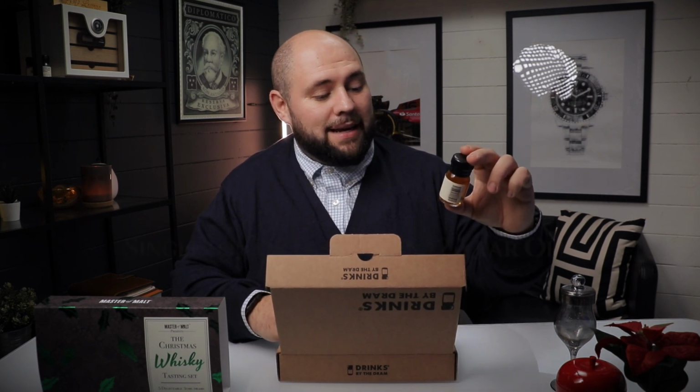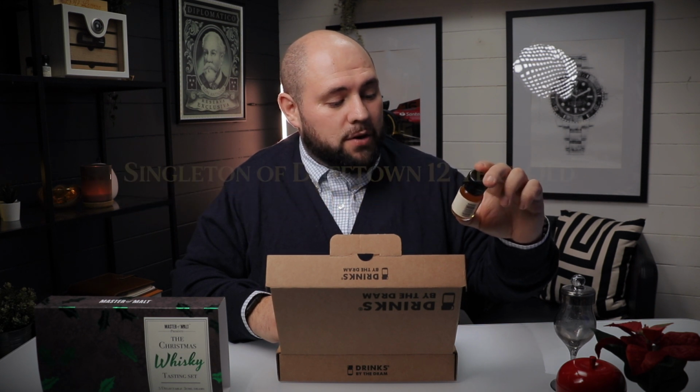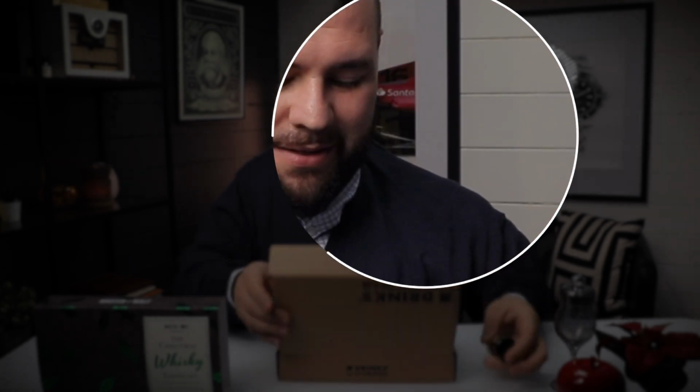And today, the little drum is the Singleton Single Malt Scotch Whiskey Dufftown 12-year-old, 40% volume. This little guy over here. Let's put this box to a side. It's been very great, very nice, filled with surprises. As I said, the Singleton Single Malt Scotch Whiskey. This is of an amber color, but let's have a look at the research I have here on this